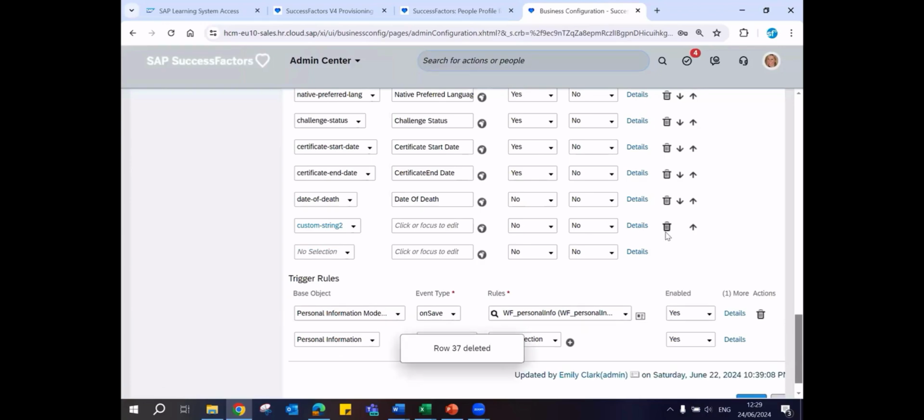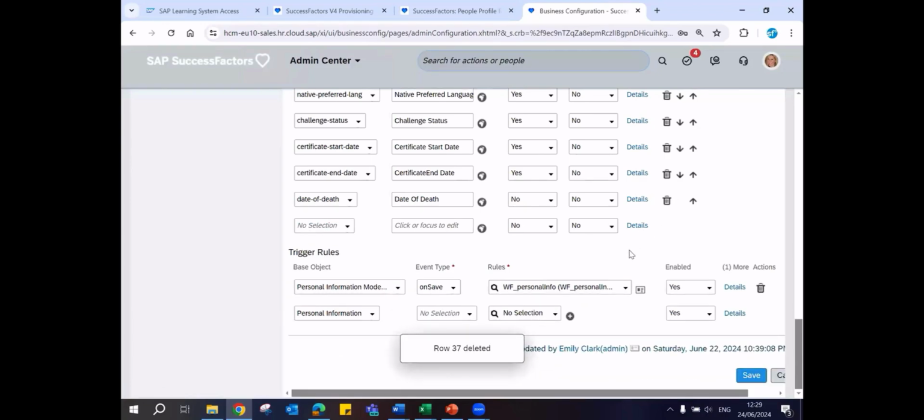That way, 70 custom fields is not a small thing. Every screen, not 70 overall. For the personal information section, 70. For the national ID information section, 70. Like that, every screen allows you to add up to 70 custom fields. That is more than enough. Nobody is going to ask you for more than 4 or 5 custom fields.